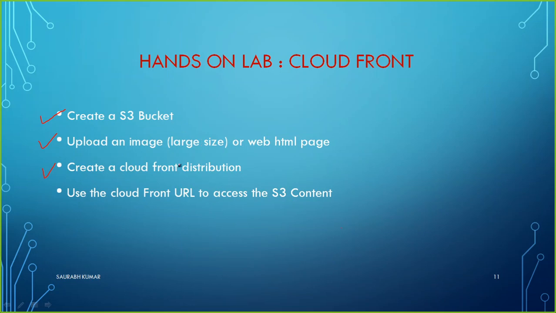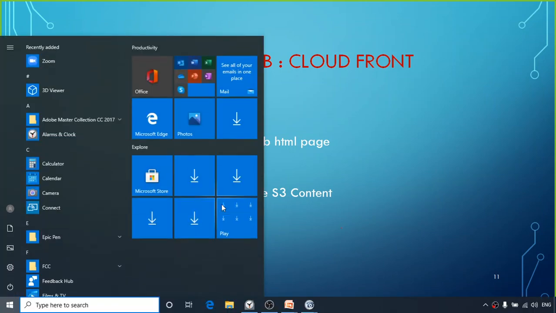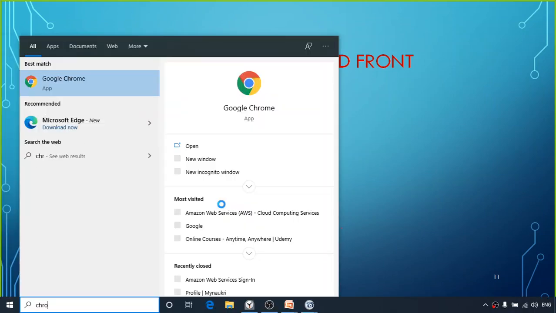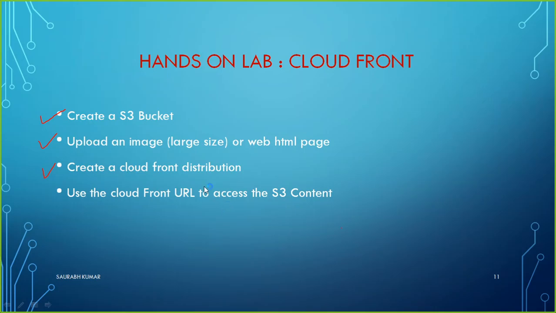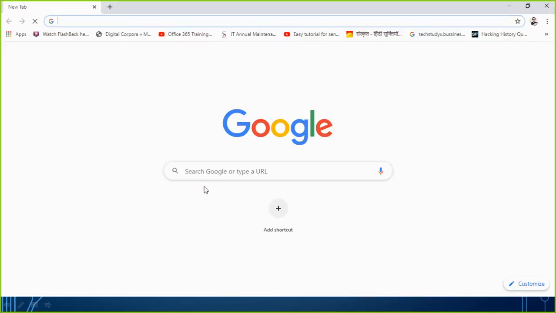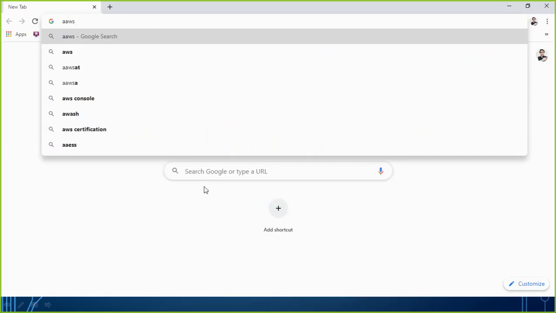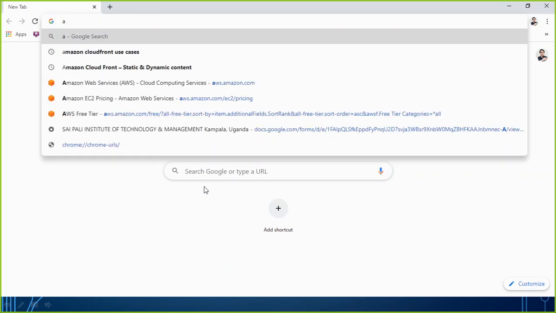Now we are going to follow these steps. First, I am going to open my browser and log in to the AWS console.